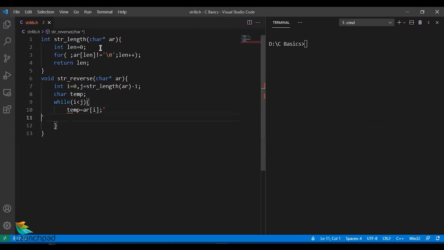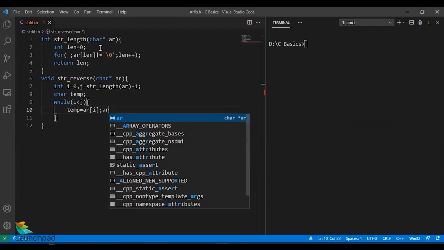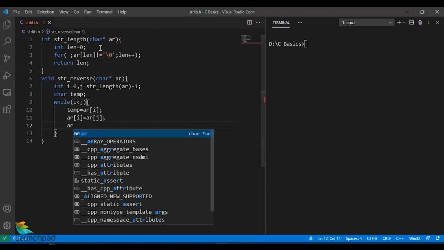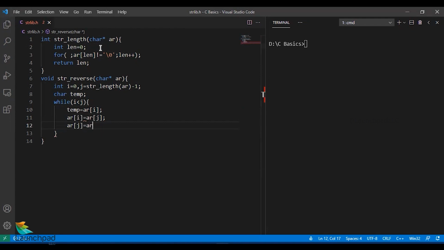I'm swapping it: ar of i is equal to ar of j, and ar of j is equal to temp. After which I'll increment the i value and decrement the j value. This is all about the string reverse functionality.